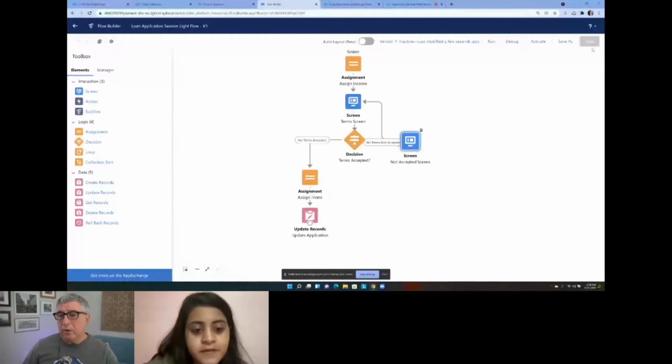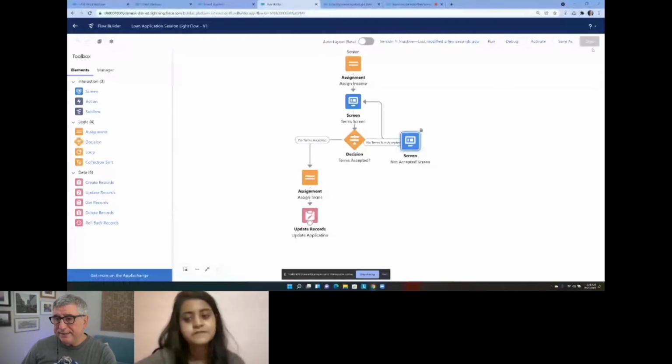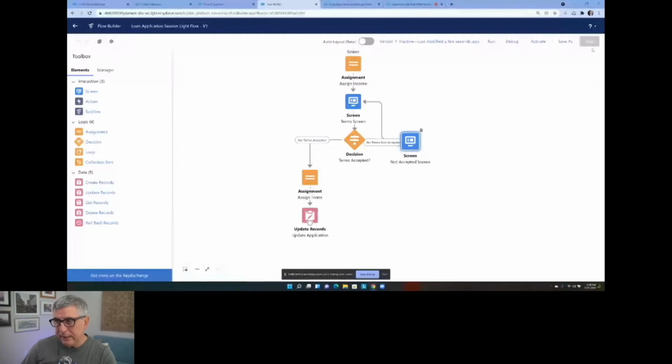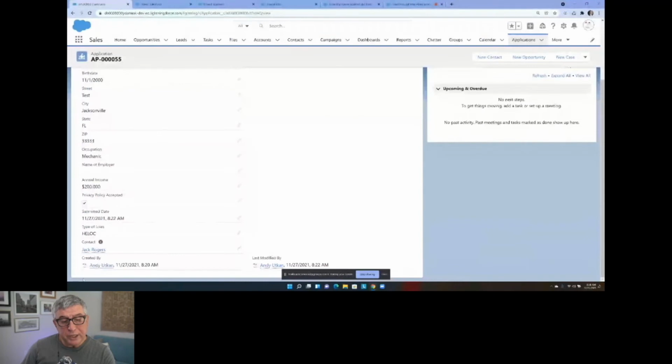All right, let's deploy this one. If you've never done this before, you may want to see how to put this on your Lightning app record page. You have to activate it first, right? Activate it here. Then you have to remember the label, loan application session light flow. Then you would go to your contact, go to Jack Rogers,